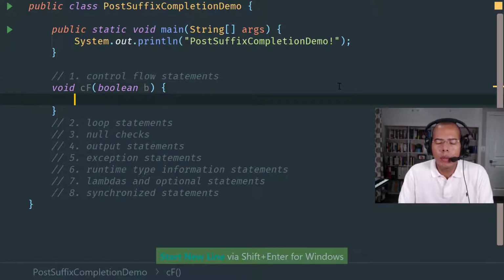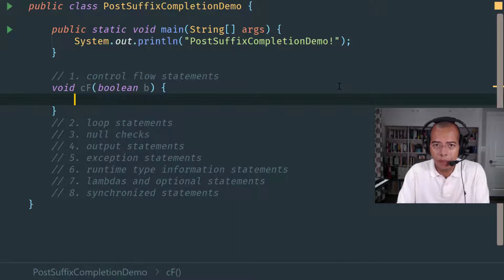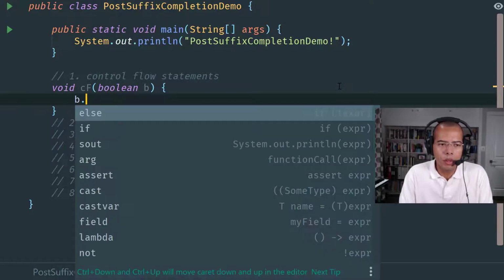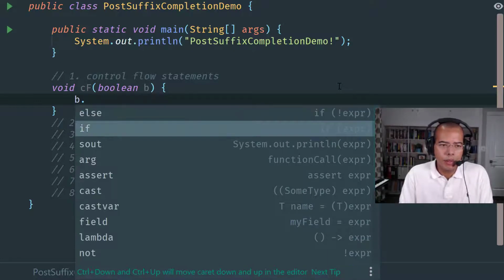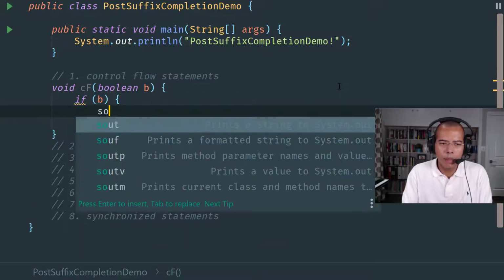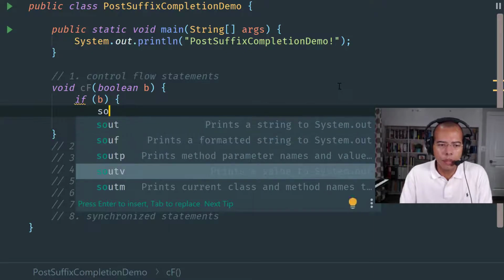A better way of doing it is using post-suffix completion, which supports expressions. So you just do b, which is the target of the conditional or control flow statement, dot, then you have all these options. So we're going to cover each in turn. Let's start with the control flow statements. If, see, boom, so you have if this, and then notice that the cursor is already there at the point where now I can type something. Okay,